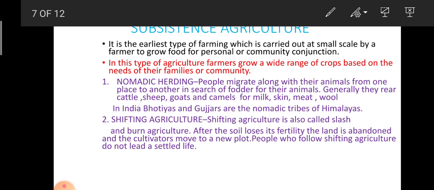In our country also, in Jharkhand and Odisha, the people who are living inside the forest also practice shifting cultivation. At the time of British rule, the Britishers banned shifting cultivation because they could not collect revenue and could not get any benefit from it. The crops like cassava, maize, sweet potato and tapioca are grown in this type of farming.